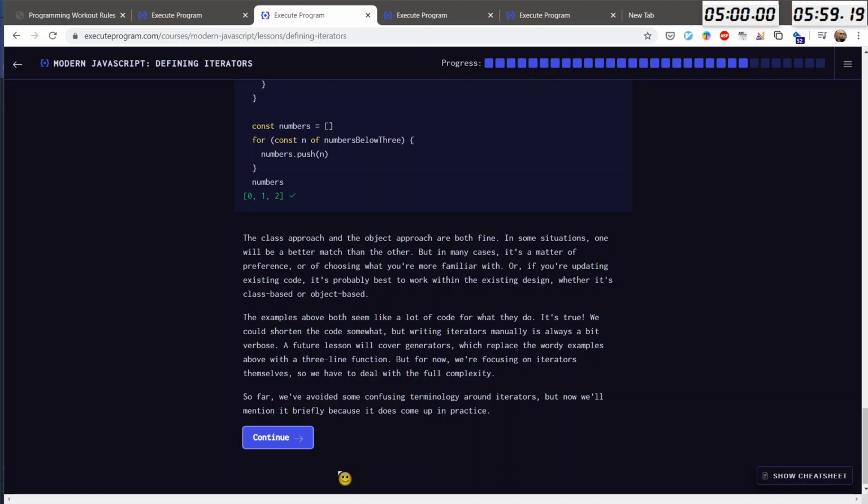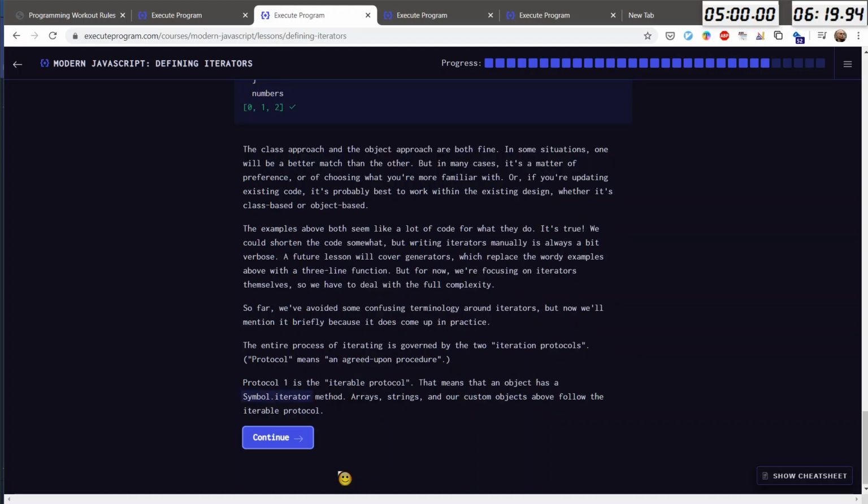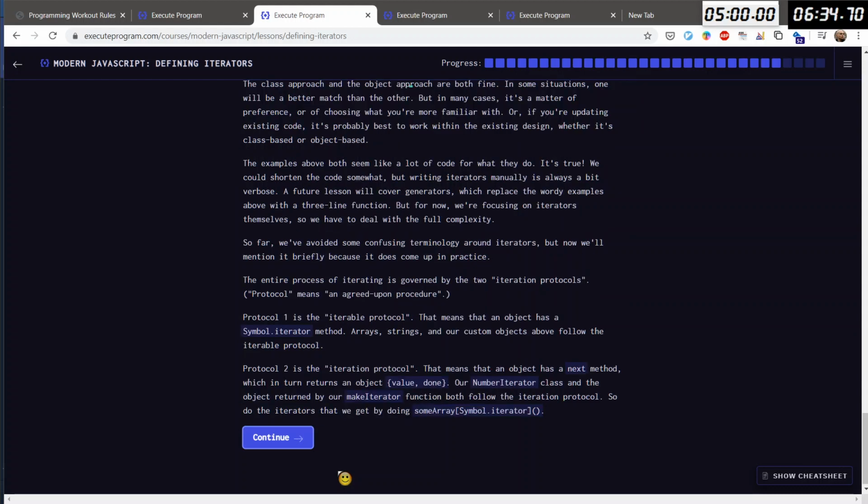So far, we've avoided some confusing terminology around iterators, but now we'll mention it briefly because it does come up in practice. The entire process of iterating is governed by the two iteration protocols. Protocol 1 is the iterable protocol. That means that an object has a symbol iterator method. Arrays, strings, and our custom objects above follow the iterable protocol. Protocol 2 is the iterator protocol. That means that an object has a next method,